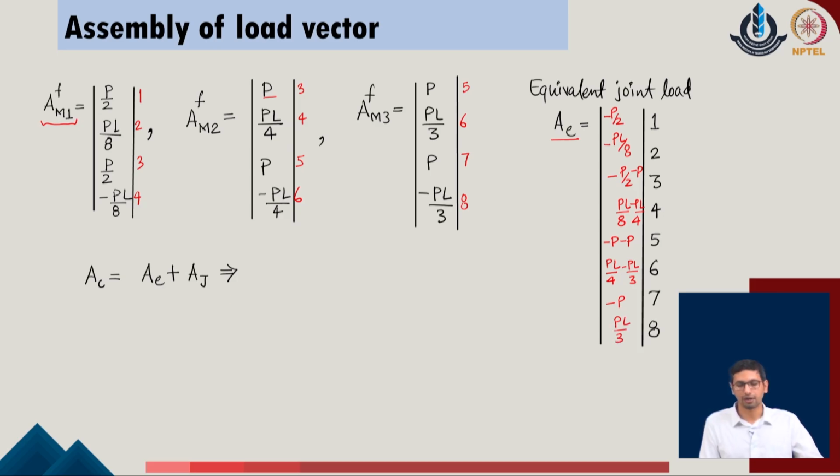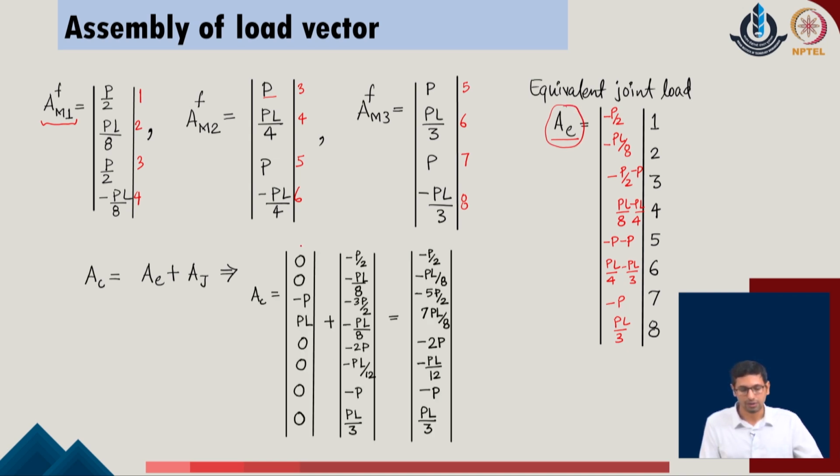So, with this idea in mind, we realize that we have calculated the assembly of the equivalent joint load also. A of j was already known to us. So, we will just add on top of it this contribution which we have included, and finally, we will get the overall resultant load vector which we need to assign for the given system. So, this is the overall resultant load vector which we require, having a size of 8 cross 1 in the given system. We have also assigned the 8 cross 8 stiffness matrix of the given system, and this way we now have the overall contributions of the stiffness as well as the joint load vector available to us.